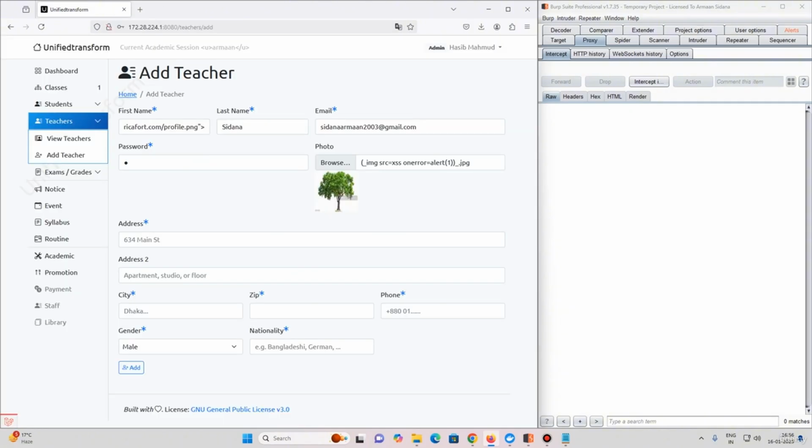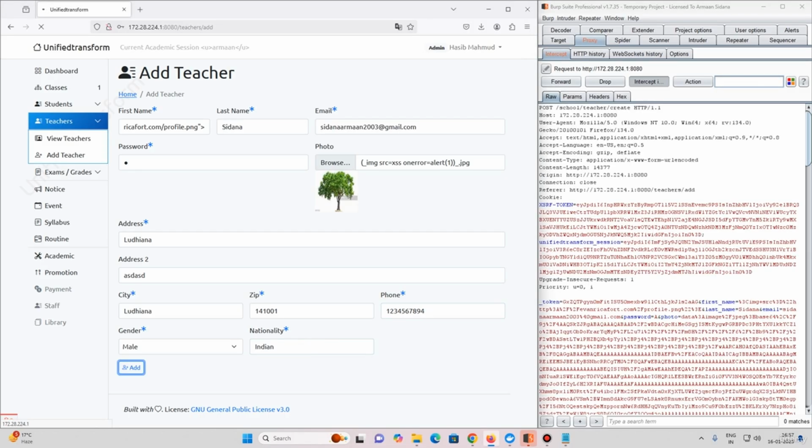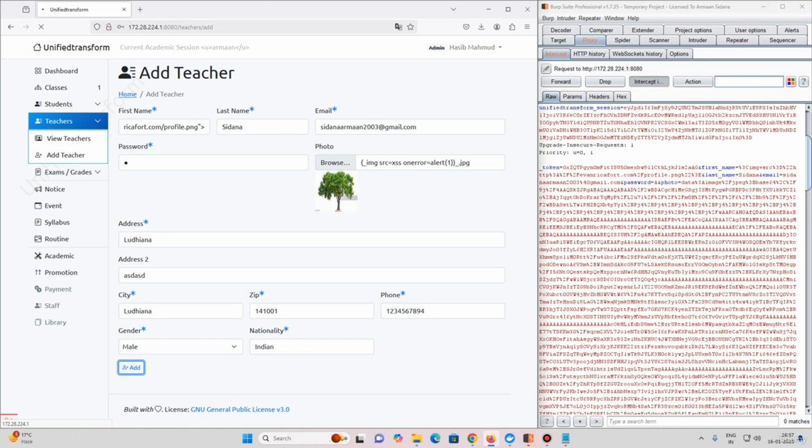For now, it's an XSS image. Ludhiana. And for anything, Ludhiana, 141001, and any number, anyone, 1 2 3 4 5 6 7 8 9, right? Male, Indian, right? And when you do that, click on add. Post school teacher create. It contains your photo, data, your email,